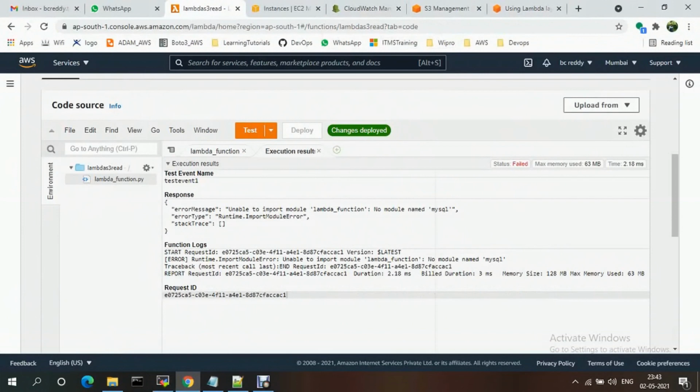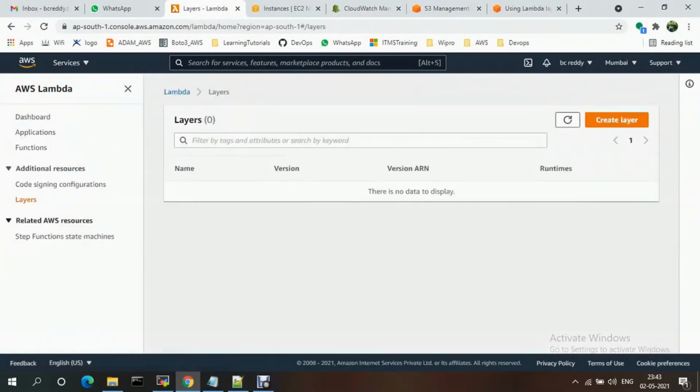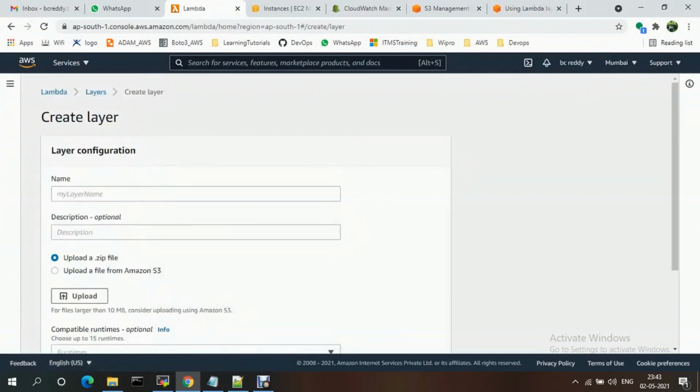If you go to layers, then create layer. The layer name is Lambda MySQL.